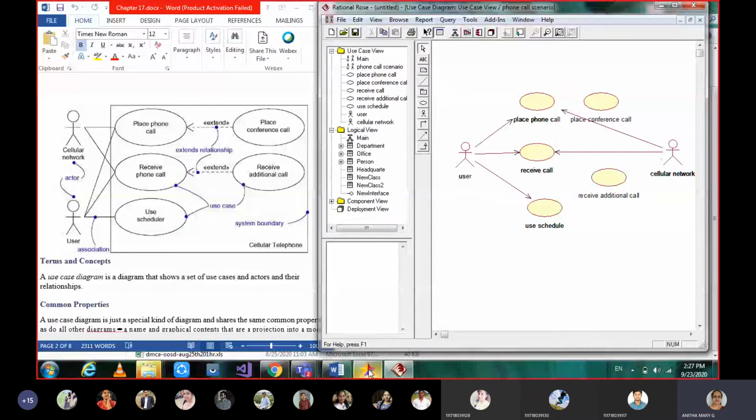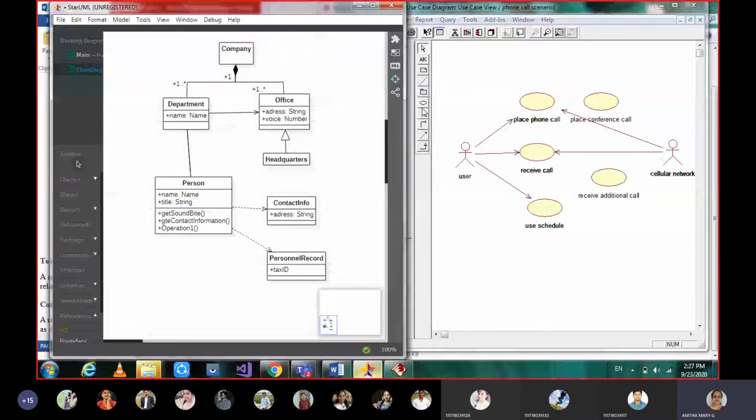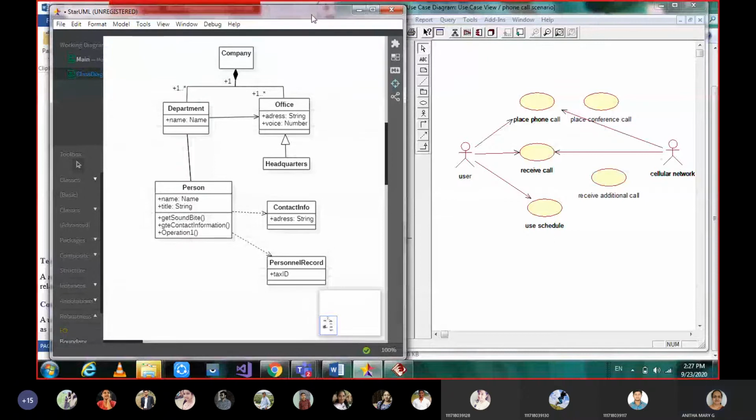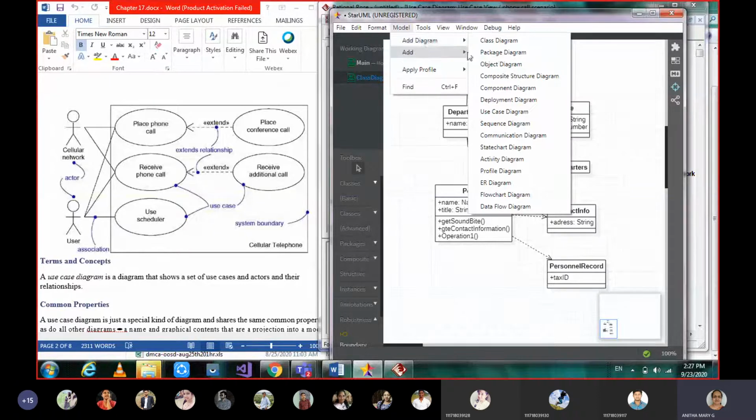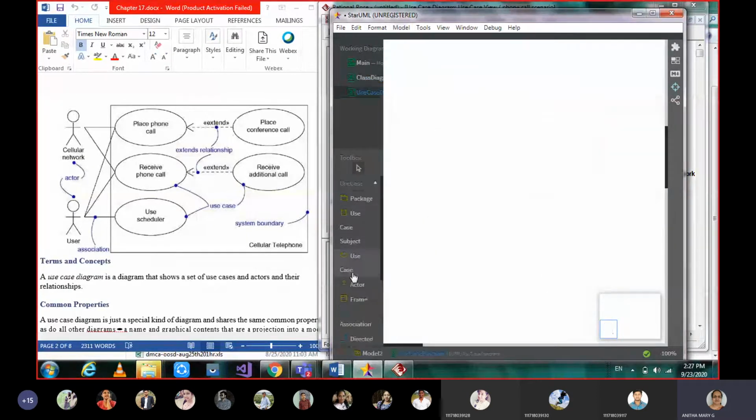But moving on to StarUML, in StarUML also you can just go here, format, model, add diagram. In diagram, what diagram do we want to add? Use case diagram. If you select that, all the things needed for the use case diagram you will get.